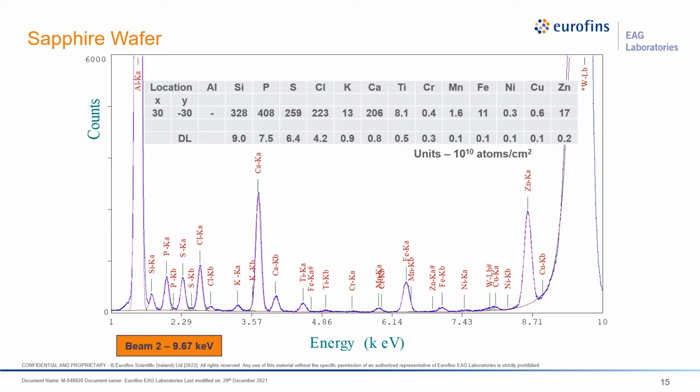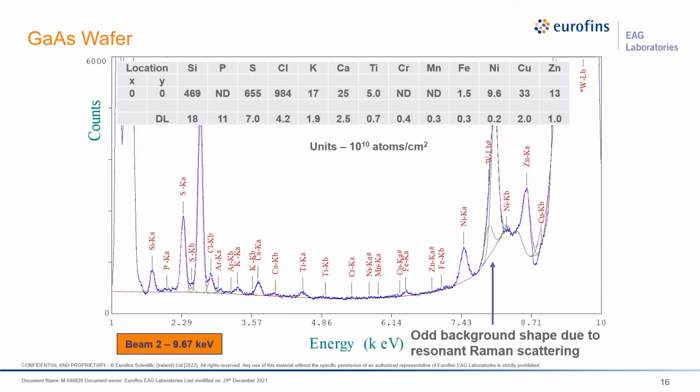So outside of sapphire, one of our other most common non-silicon substrates that gets requested is gallium arsenide. And gallium arsenide is a little different than the other two. What we see here with gallium arsenide is an elevated background, and we also see a strange background shape. So we see that there's a rise here in the background, instead of what you'd notice on the silicon and sapphire examples, where the background just follows this curve coming off the tungsten L beta peak and